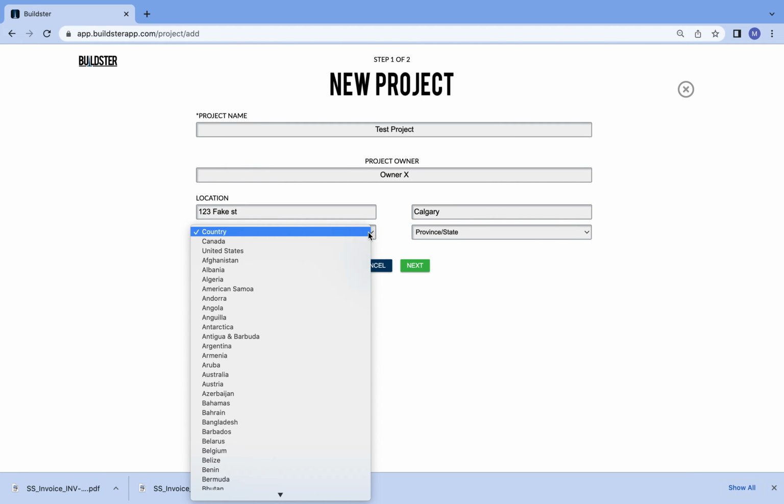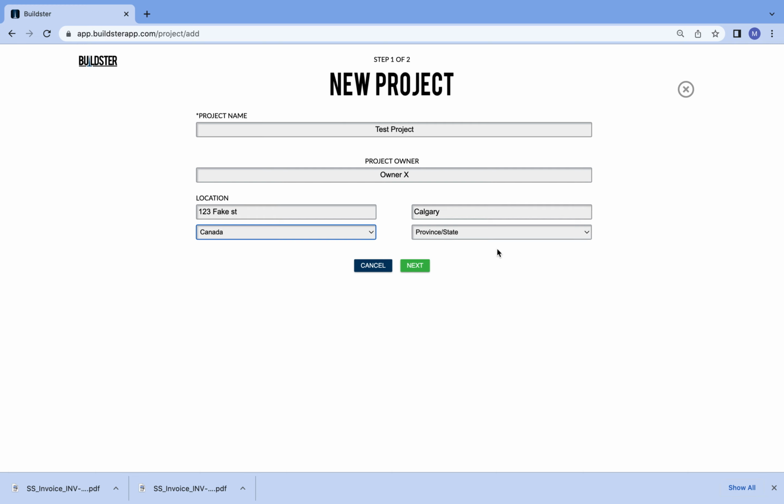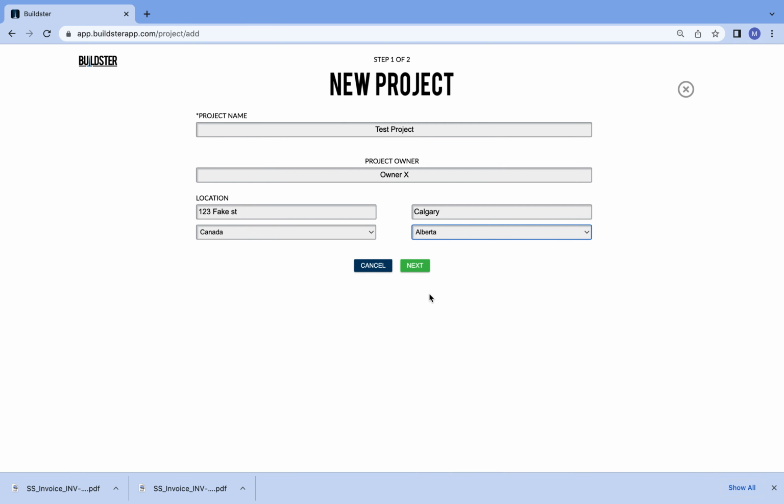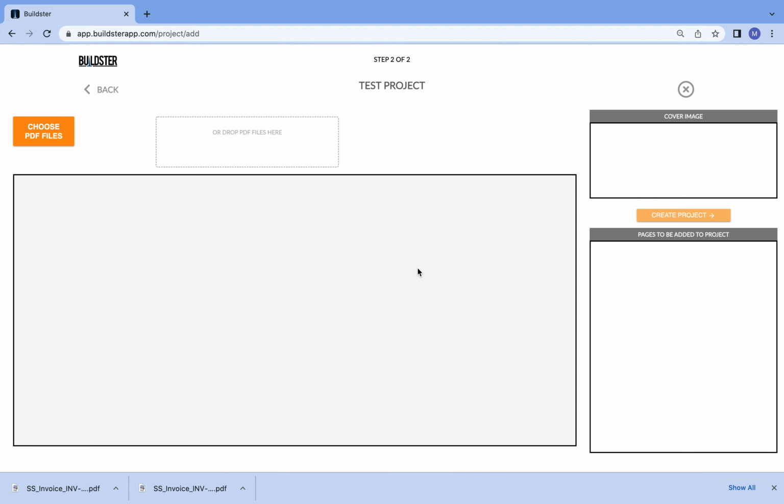The location is optional, but I like to fill it out because it does get shared with the people I invite, so it provides them a little bit of extra information, so I'm not having to text them the address. They have all that information now. Once you do the name and the address, you're brought to the section where you upload your